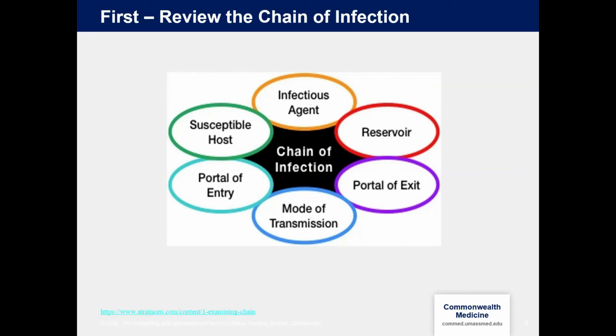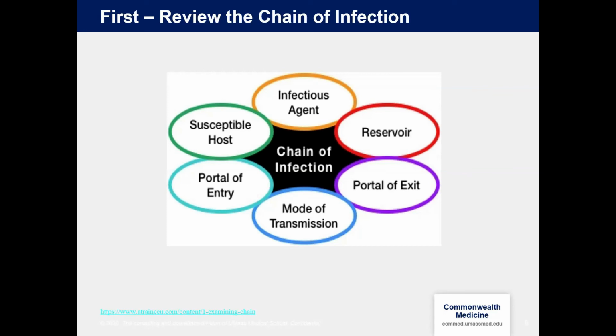Its original reservoir is probably in bats and other species that then started to become common in humans. The portal of exit is through the respiratory tract or secretions. The mode of transmission, we're going to go over that. There are 4 different types of transmission as it moves along. But with this virus, and how we know this, it's more of an air current transmission, a bioaerosol